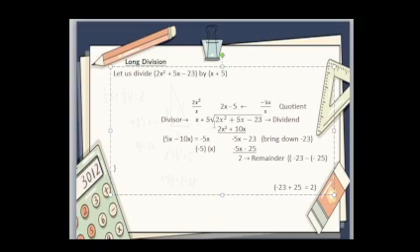And we will multiply this to the whole divisor, x plus 5. So negative 5 times x is negative 5x, and negative 5 times positive 5 is negative 25. And then we will subtract it again. Negative 5x minus negative 5x is 0, and negative 23 minus negative 25 is positive 2,